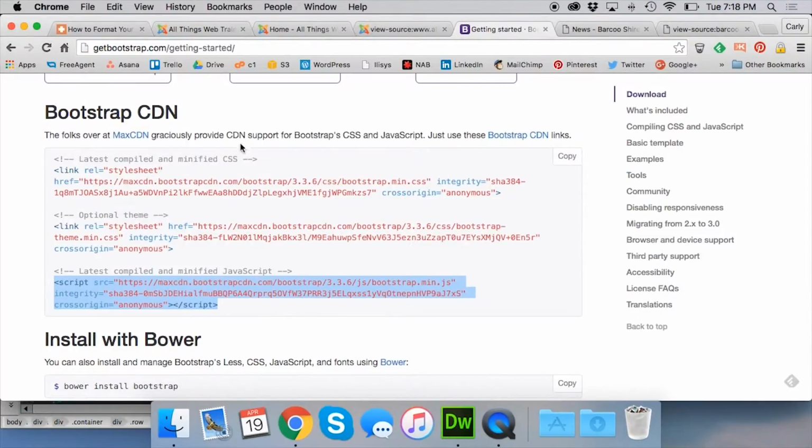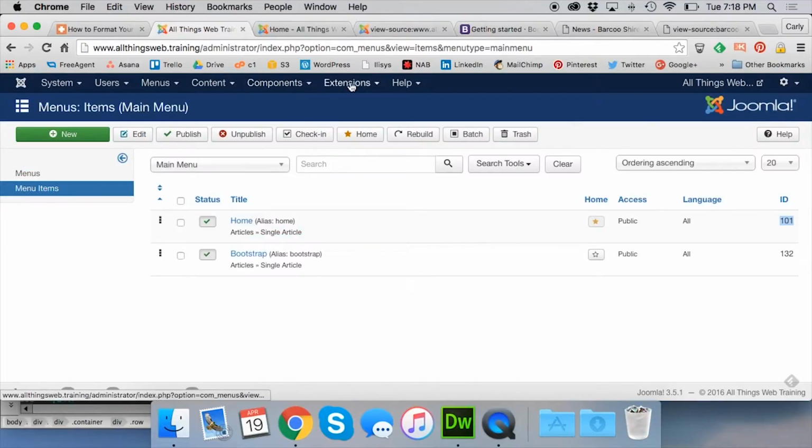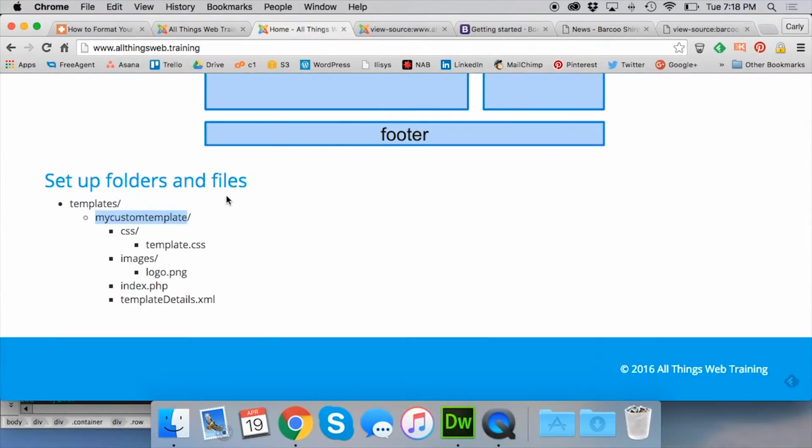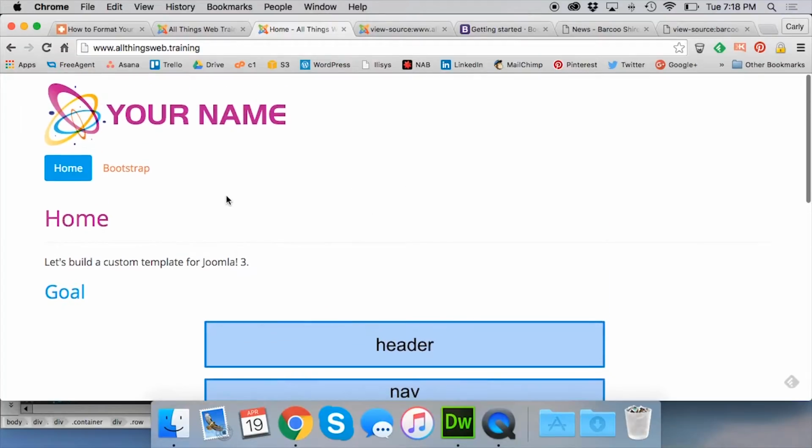So in Joomla, I'll go to Module Manager. And we can see what modules I've published to those positions. So we should see the menu, and I've put an example in the sidebar. I'll come back to the other ones as we keep going. So magically, my template has a nav, the main menu,